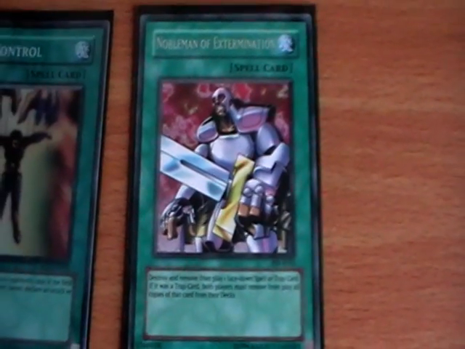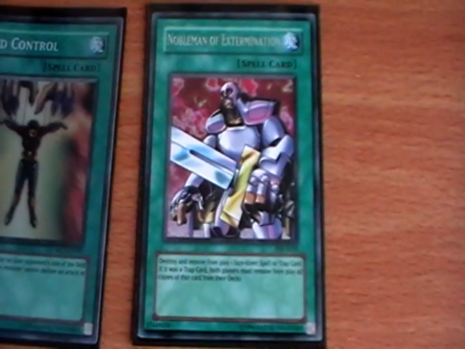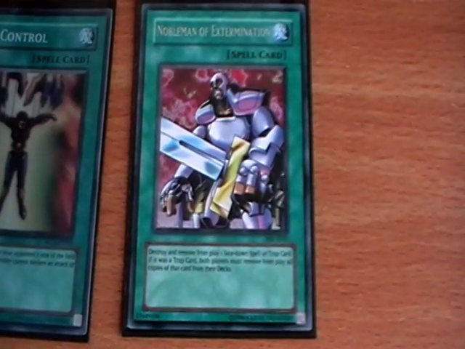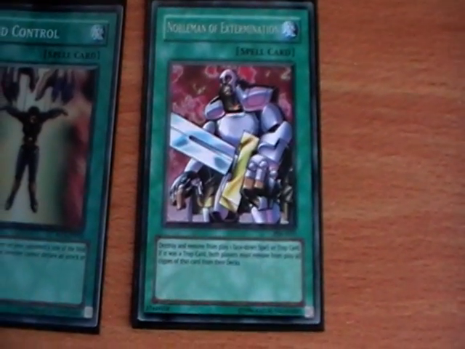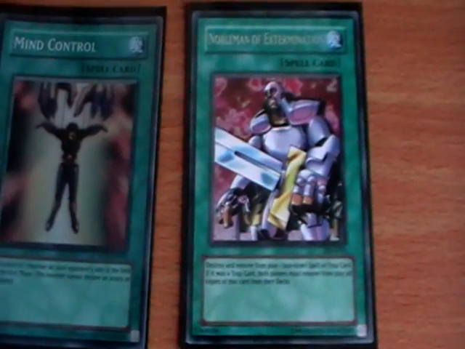If it hits something like Dimensional Prison, I can get rid of all of their copies. And obviously the Shining really doesn't like Dimensional Prison. It can also hit, what else do they run multiple of? Solemn Warning, that's another good one to hit. Because Royal Oppression's gone,